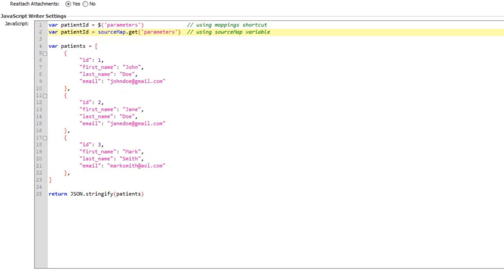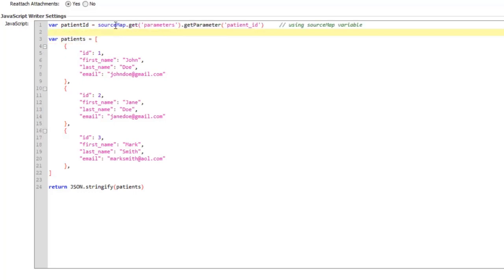We can access the mappings we just saw in the message browser view using the source map variable and the mapping shortcut. For now, let's just use the source map variable to get our parameters, and then we can use the method getParameter to get the patientId. So this is going to go to our source map and get the parameters, and then get the parameter patientId. And then now we can use a for each loop to loop through our patients